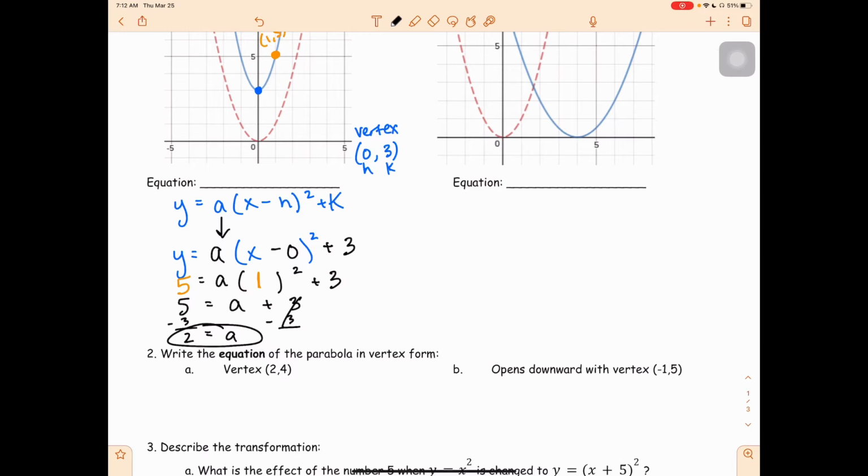So a is 2. Okay, so this tells us that our equation then is y equals,